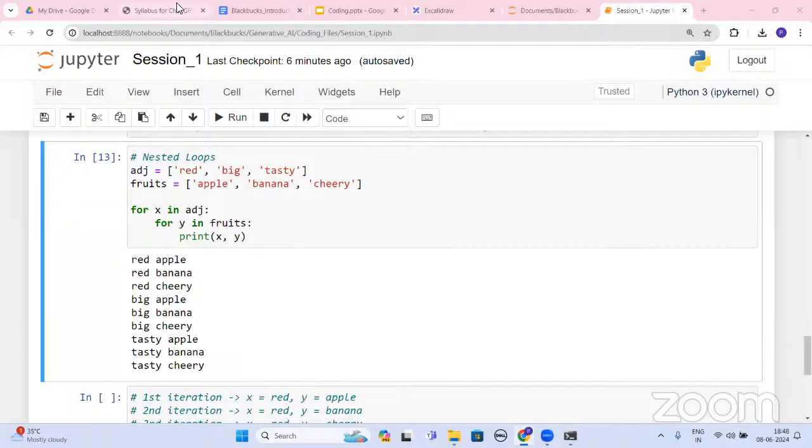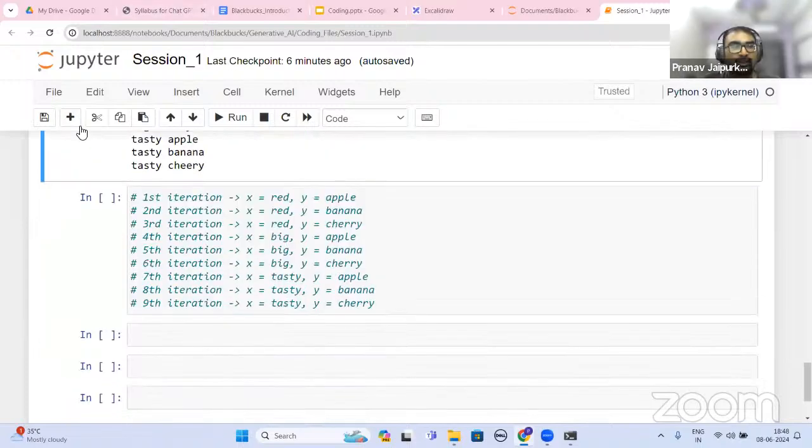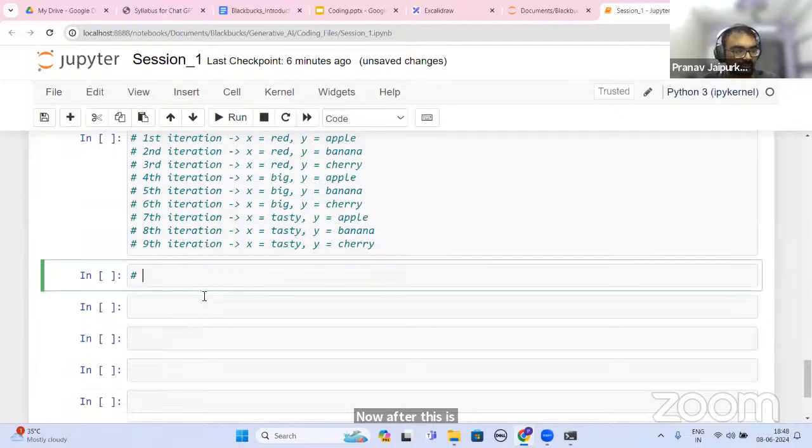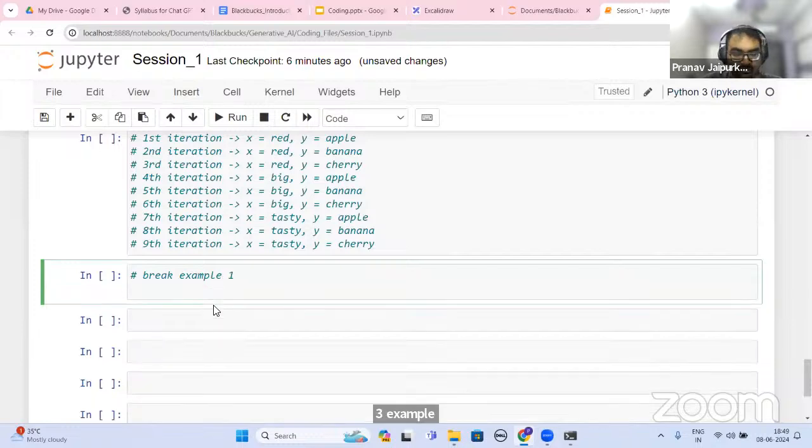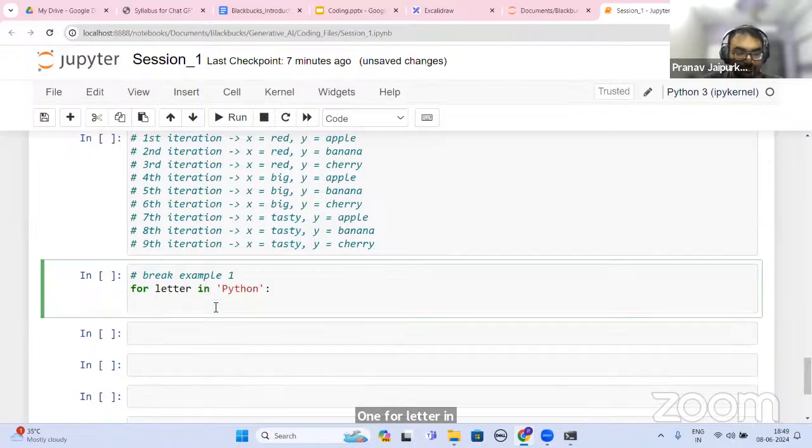Now, after this is done, there is break example 1. For letter in Python, print current letter,